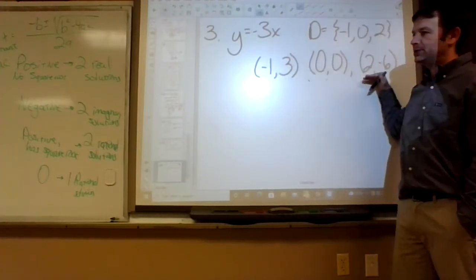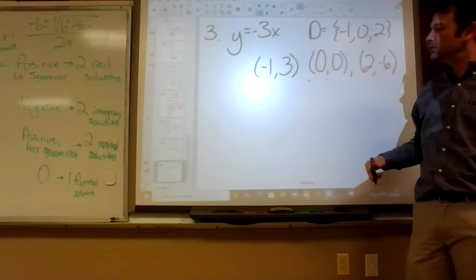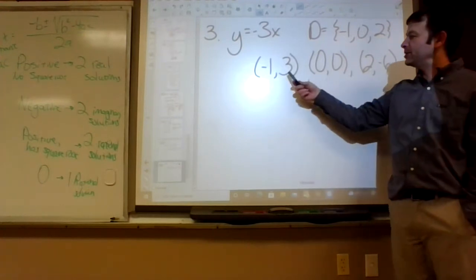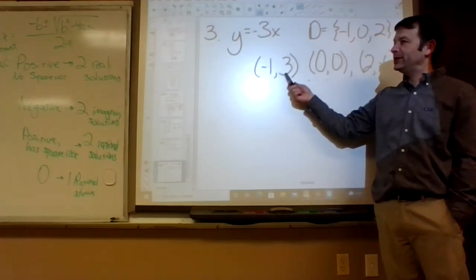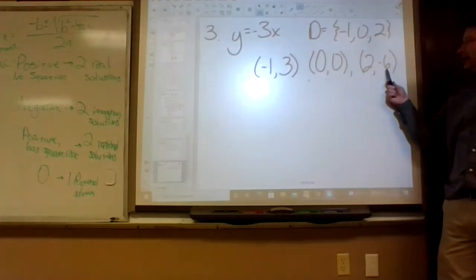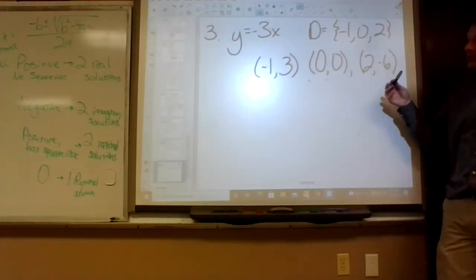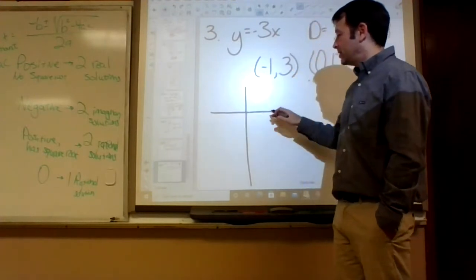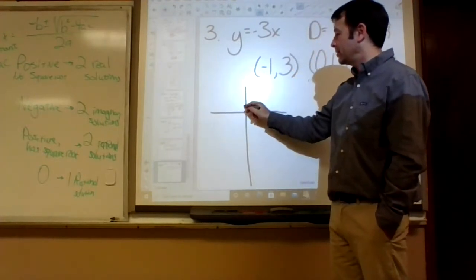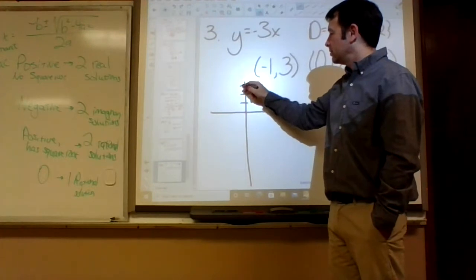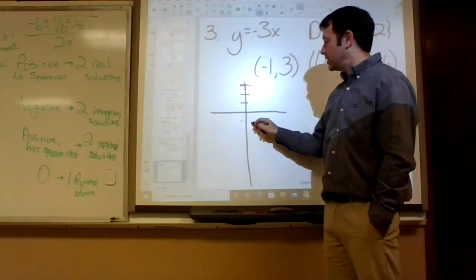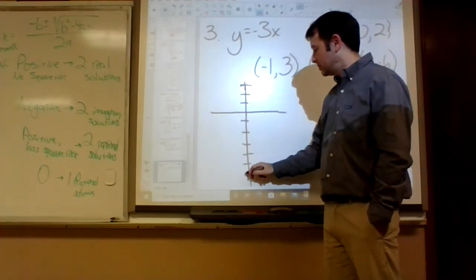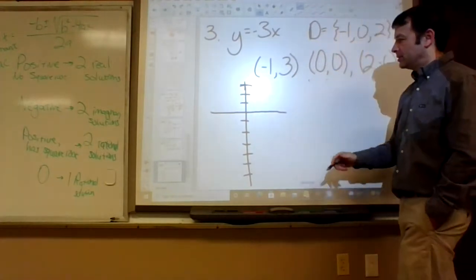This would be like the answers we have to graph. Okay, so I noticed that my graph goes up to 3 and down to negative 6. So you need to make your graph tall enough to do that. So if it goes up to 3, your x-axis can be kind of high, like that, and then down to negative 6. You don't have to do it like that, but